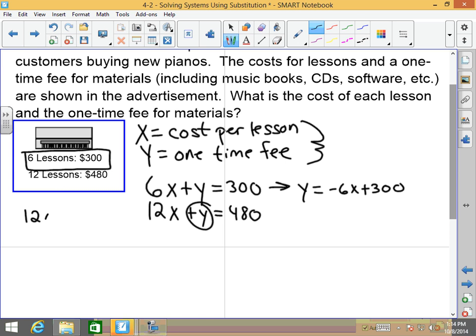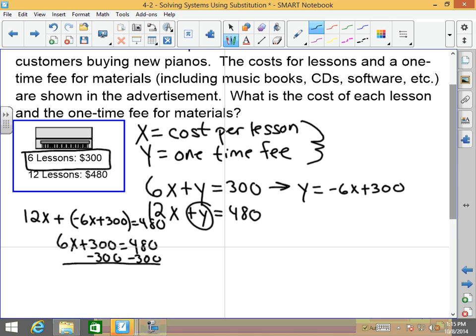So I've got 12x plus y, which is negative 6x plus 300 equals 480. 12x minus 6x is 6x plus 300 equals 480. Subtract 300 from both sides. 6x equals 180, divided by 6. X equals $30